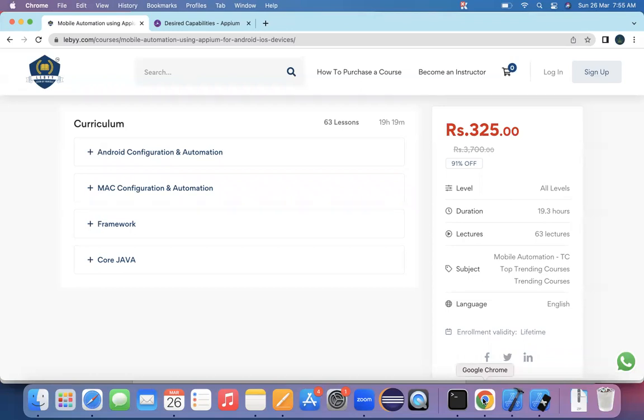We will be considering different UI interactions. Like if at all any scroll is there, how exactly are we going to write a scroll logic? If at all any slider is there, how are you going to perform the slider operation? If at all any double tap is required, how are we going to perform these operations? If at all any web view or hybrid app is there, how can we switch from the native instance to a web instance and switch back? Even that part we are going to study. There are a bunch of scenarios that we are going to study on both Android and iOS. Android is a very easy configuration.